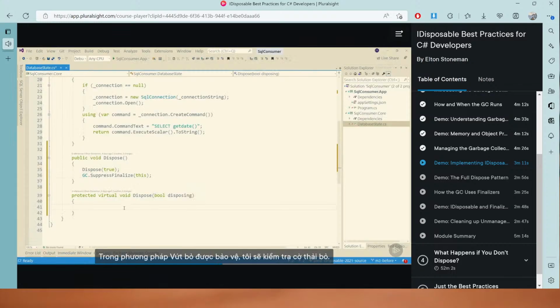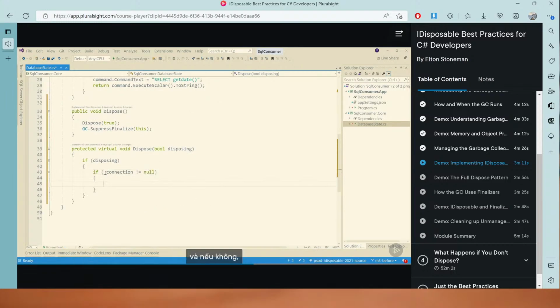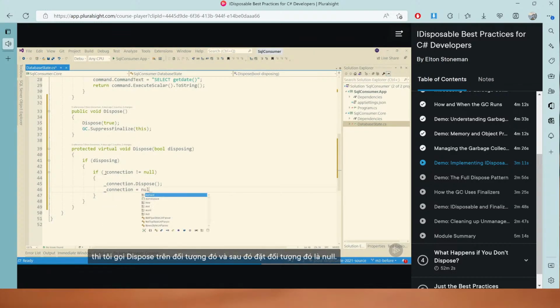In the protected dispose method, I'm going to check the disposing flag. The flag is there to help me work out what I need to dispose if I've got managed and unmanaged resources. So in this case, if I'm in a disposing call, I need to check if my SQL connection object is not null, and if it isn't, then I call dispose on that object, and then set that object to be null. Your dispose code shouldn't throw any exceptions, and you should allow consumers to call dispose multiple times without